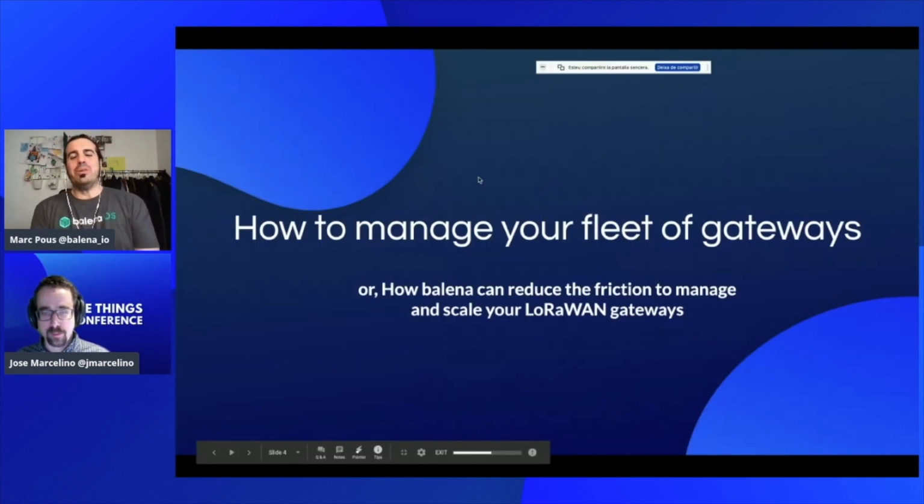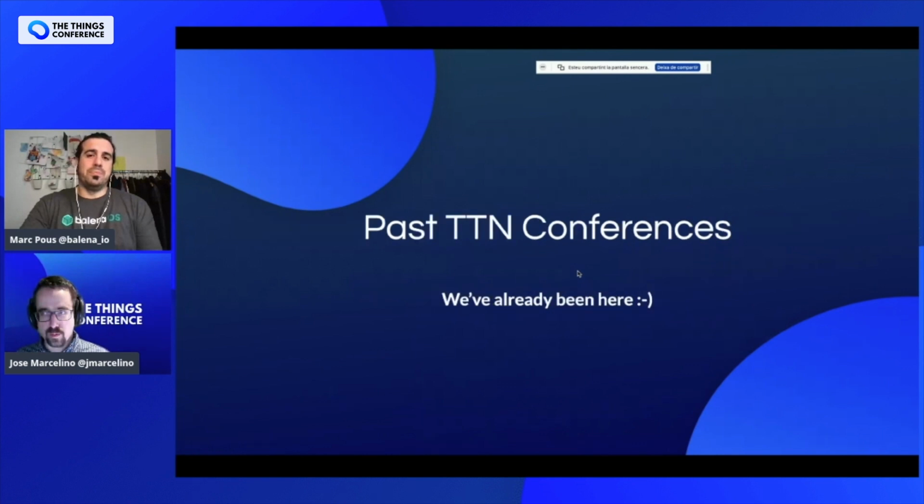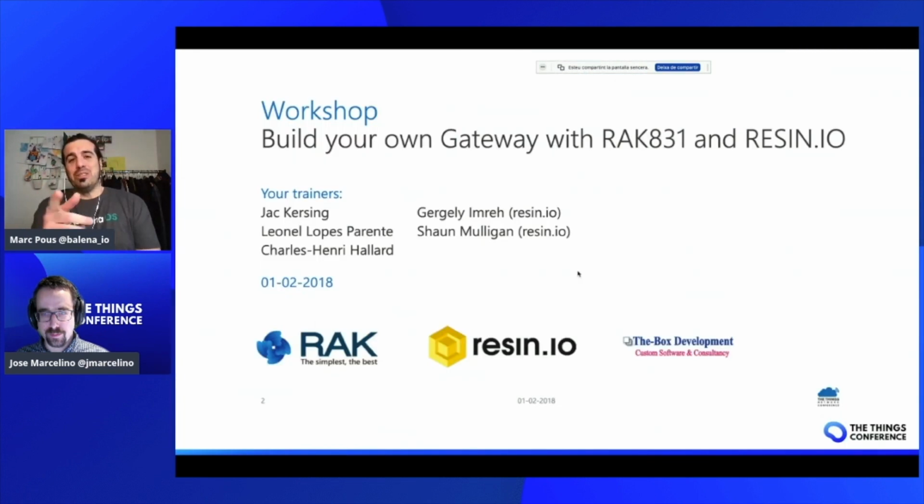All right, so let's jump into the fun part: how to manage your fleet of gateways, or your gateway, and how Balena can help you reduce friction creating gateways. If this is not your first TTN or Things conference, we have already been here. In 2018, I think it was the first Things conference, we were presenting as well, with RAK,